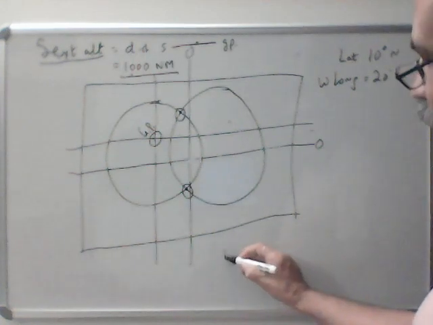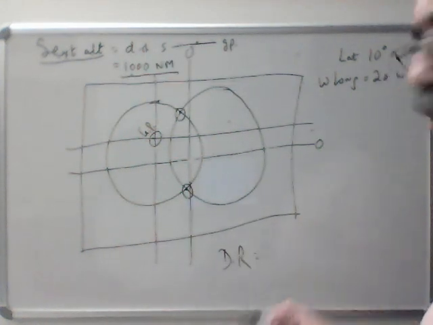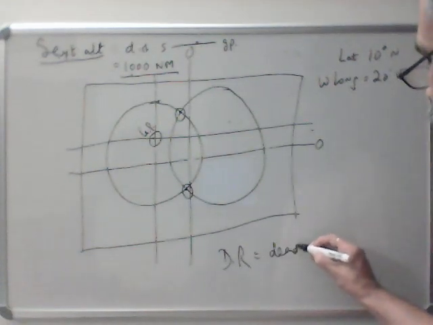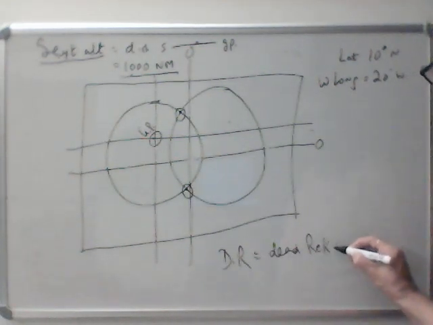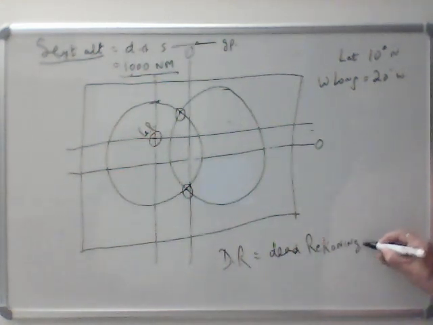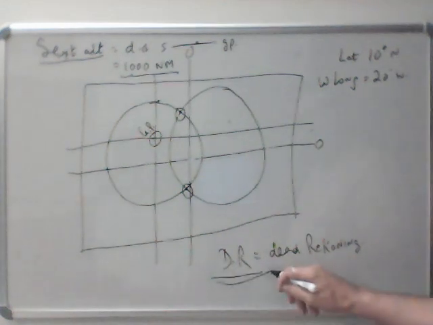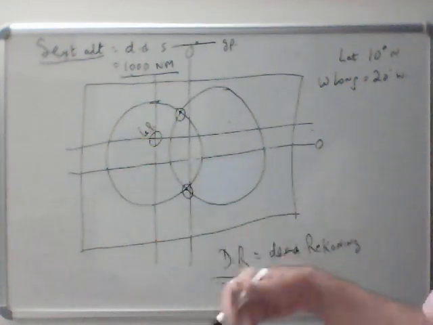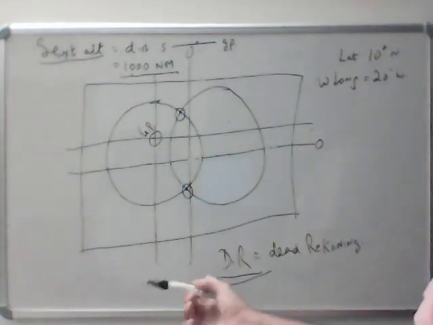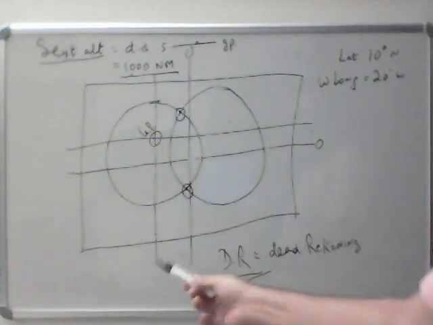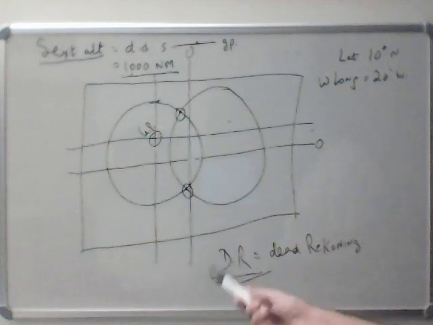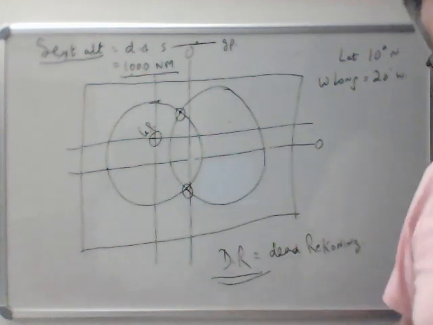Now your approximate position is called DR, which is already always known to you. This is called dead reckoning. This is already known to you, approximate position, DR position, based on your revolutions of your propeller, which gives you speed, and your gyro compass course. From these two items, this is already known to you. The exact position is not known to you because that depends on the amount of current and wind.